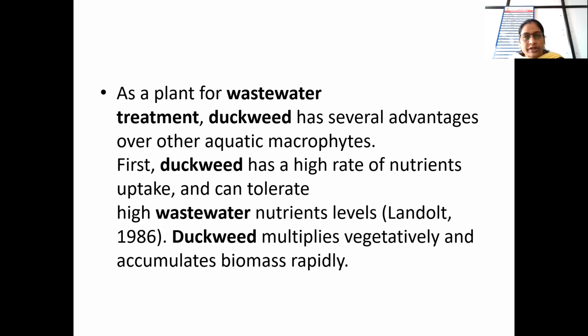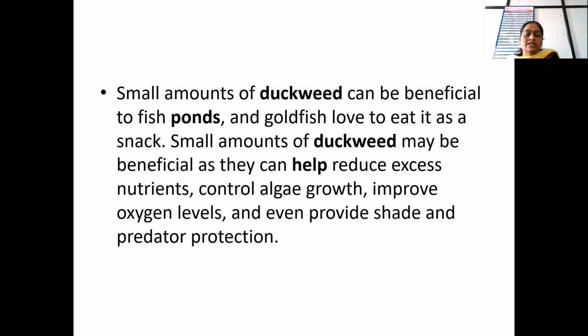Immediately it starts multiplying. And the biggest advantage is that it has a high rate of nutrient uptake, and it can tolerate those nutrients too. Because of uptaking the nutrients at a faster rate, reclamation of that particular pond gets done at a faster rate. That is the biggest advantage of these duckweed plants. Another advantage is the accumulation of biomass at a rapid rate. म्हणजे एखादा तळ एखादा पॉन्ड खूप खराब झाले आणि त्याचं रिक्लेमेशन करायचं असेल तर यू कॅन गो फॉर दिस